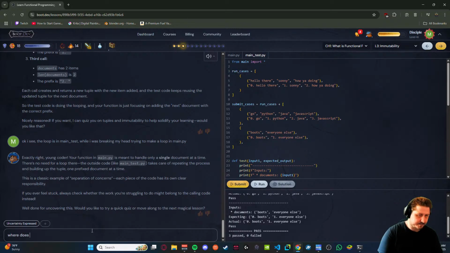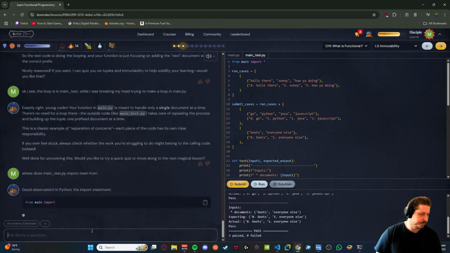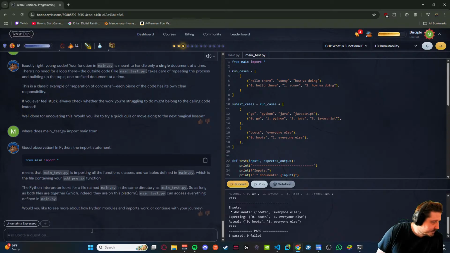Where does main test.py import? Main test.py is importing all the functions, classes and variables defined in main.py, which is the file containing your add prefix function.